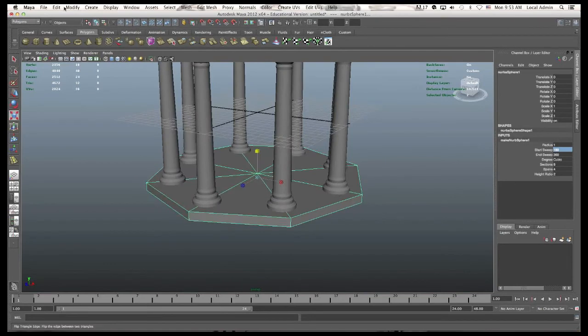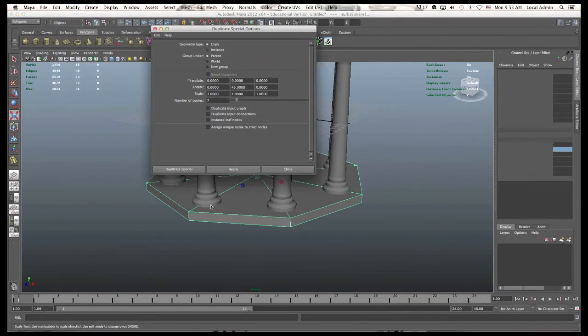And we're going to do the duplicate special tool again, Edit, Duplicate Special options box, and set those settings again. This time I'm going to make it wider and longer, but not thicker, so I could make it 10% bigger in each direction here, but I don't want to make it 10% bigger in the Y direction. I don't want them to get thicker, I only want them to get wider and longer. So 1.1, 1.1 will make it 10% bigger, and this one will leave it the same. Click, make 3 or 4 copies of that, Duplicate Special. Oh,